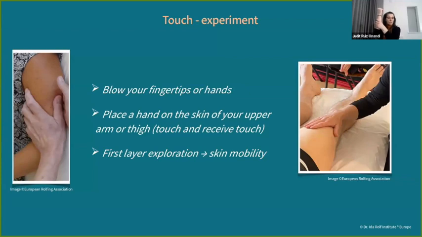So now imagine that the skin of my hand became one with the skin of the structure I'm touching. And we can traction the skin up to my hand here, or I can traction down to my elbow. I am not gliding on the skin. What I don't want you to do, this will be gliding.